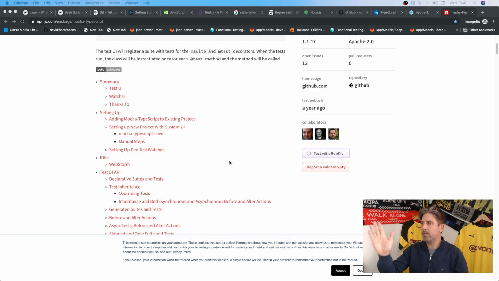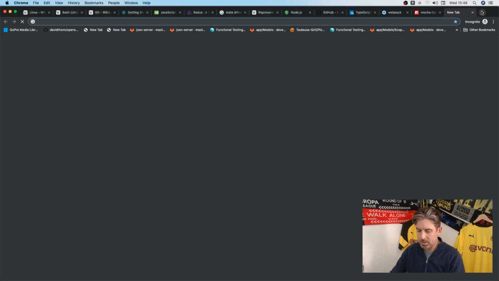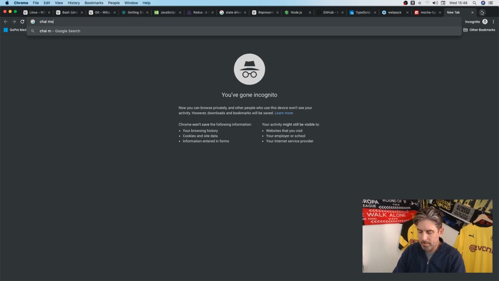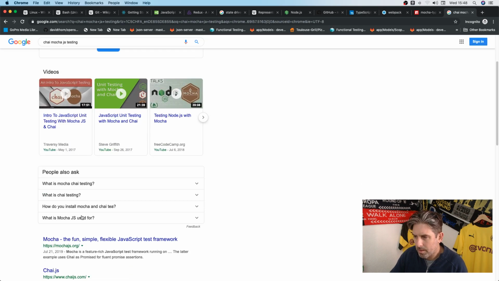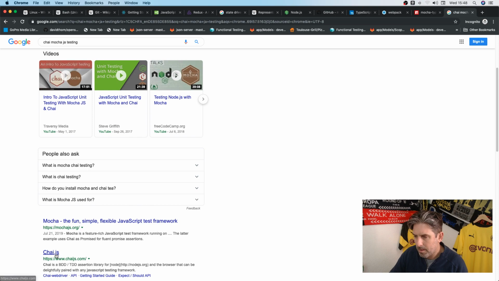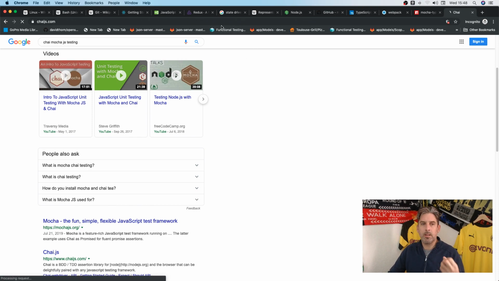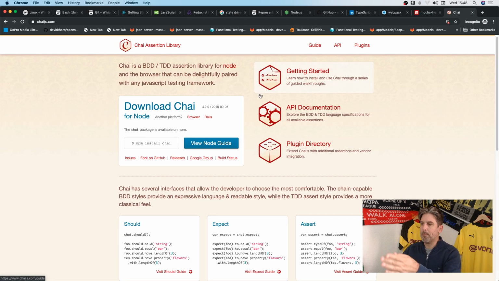So this is now the next thing, if you do TypeScript, to then go to Mocha and Chai. So we want Chai, that was it. Chai, Mocha, JavaScript testing. Yes, right. So this is the next thing that you've got to do. Now, Mocha and Chai. Right, so something came up there, that Chai is a BDD, TDD assertion library,